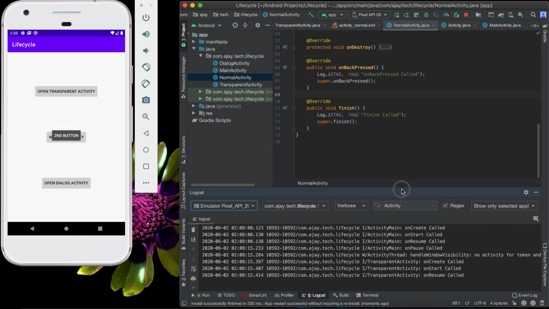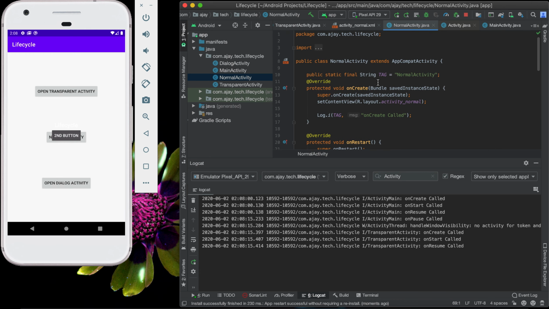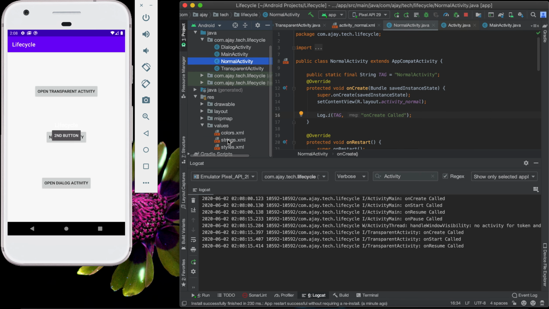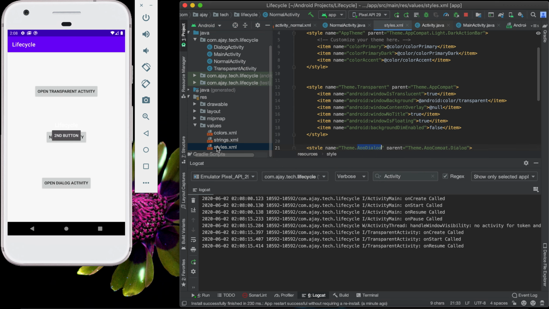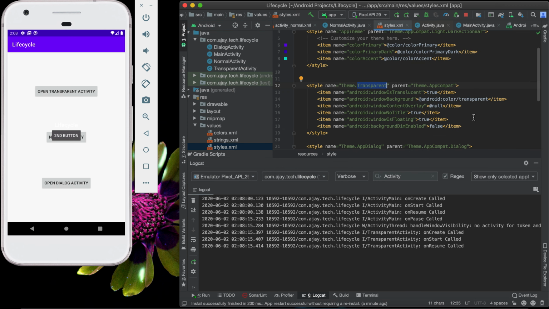But you can see the main activity does not go into the stop state, because in our transparent activity we create a style, we are using a theme here. These are the properties which we set to make the activity transparent.